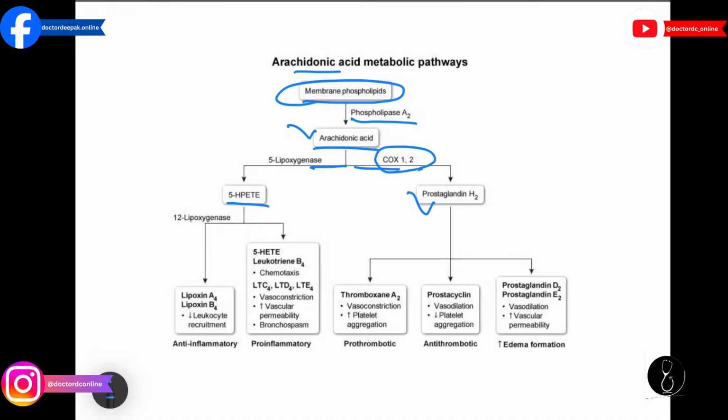And then with the help of 12-lipoxygenase, it will convert it into lipoxin A4. Before that, it will decrease leukocyte recruitment, anti-inflammatory, and also they will do leukotriene B4, that is responsible for chemotaxis of leukocytes or neutrophils. Like that they mentioned LTC4, D4, A4. B4 is for the chemotaxis,